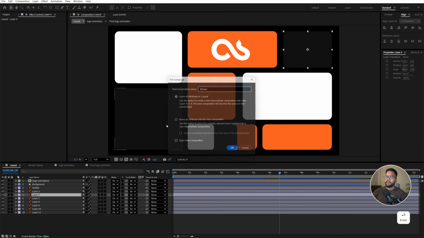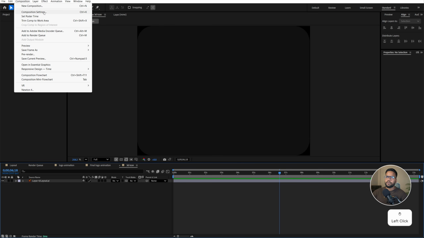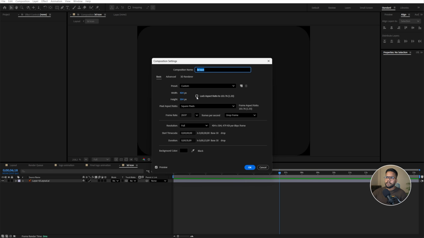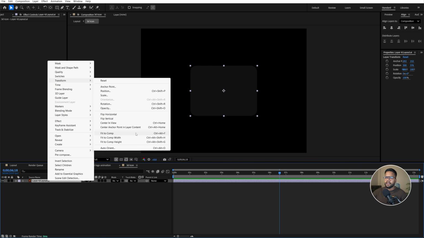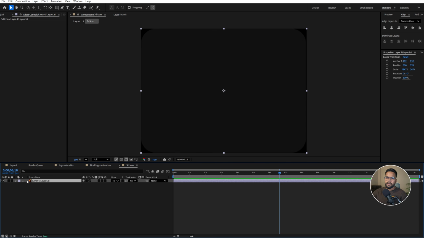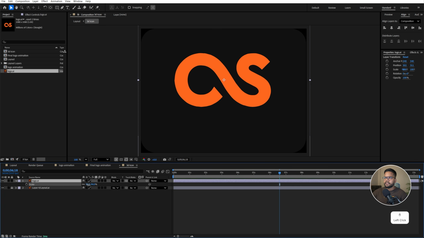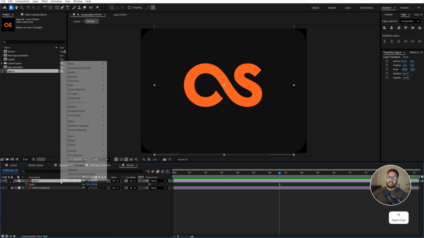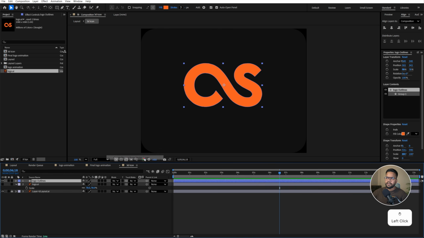icon and hit OK. And double click onto it and go to the composition settings and lock this aspect ratio and make this width size 1000 and select this layout, right click, transform and fit to comp and lock this layer and import the logo, press S, decrease the scale size and right click, create and click onto this create shapes from vector layer and delete